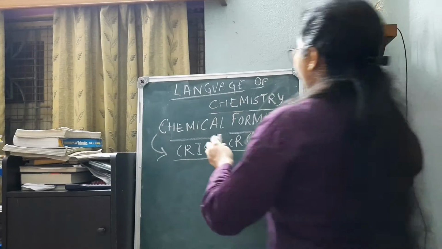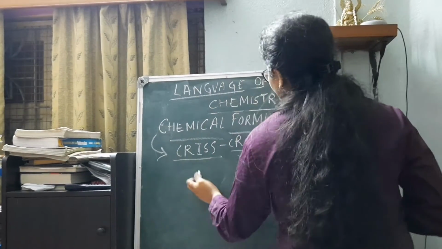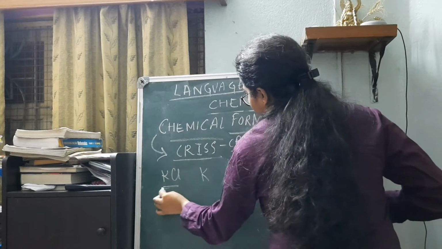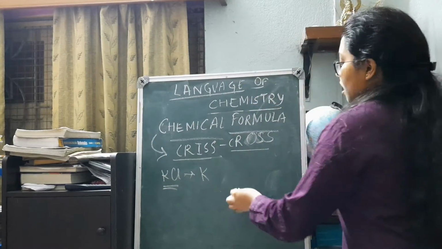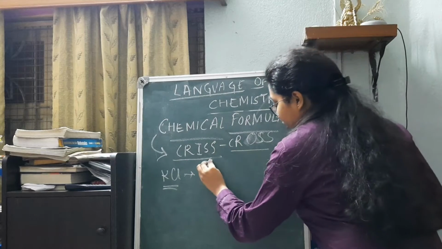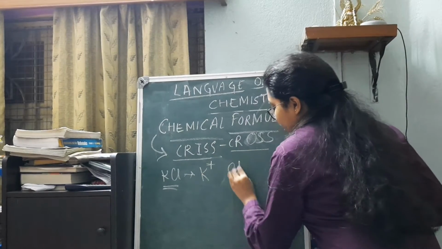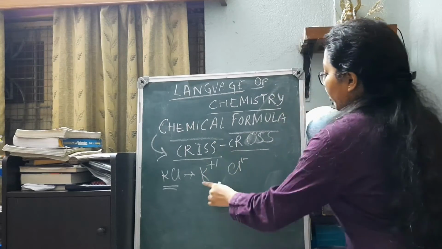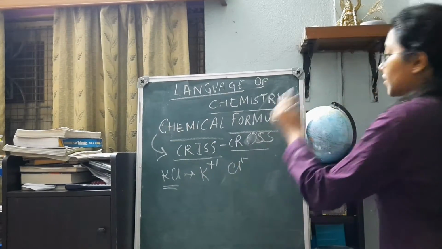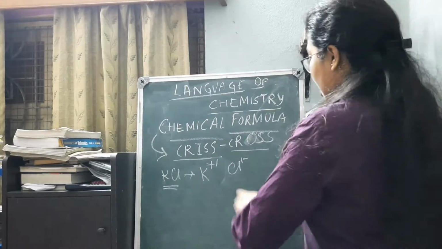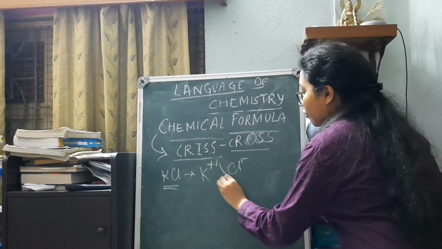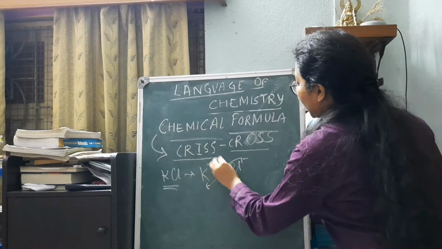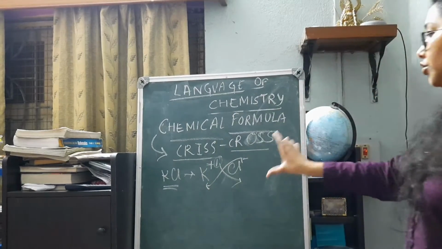So now, as we see, we have written the cation. Let's take an example, KCl. You can start noting it down from here. KCl. Okay. How do we write it? First, K plus Cl minus. Plus 1. So we write the cation positive charge first, then comes the negative charge. Now we go for the crisscross of both the charges. We can just go for the absolute value without considering the charge.